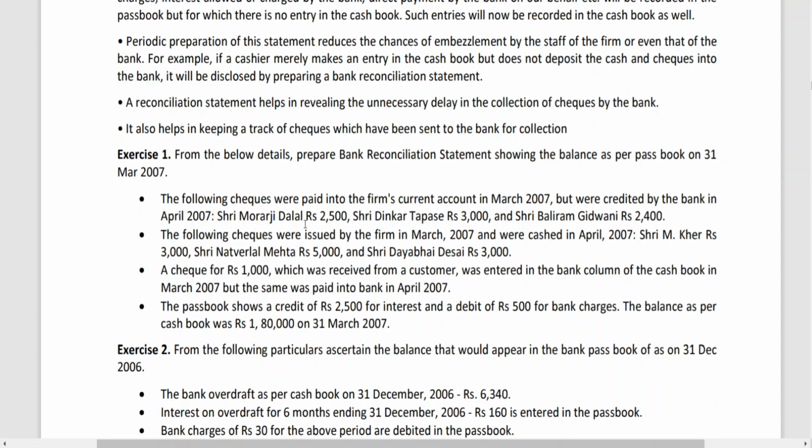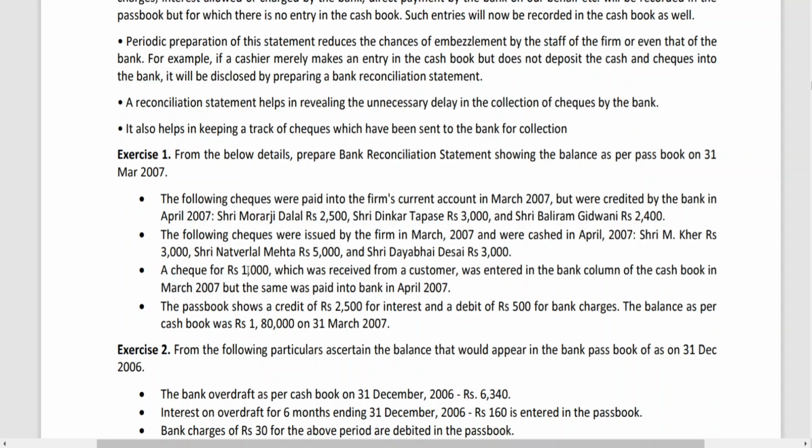These are what we call causes. And we have also been provided with one book balance. These causes were obtained after comparing the cash book and passbook. Try to understand: generally, if you want to do BRS, they won't give you the causes. You need to ascertain them. Here the causes are given as an input to find out the other book balance. It means 50% of the work has been done by somebody who has verified it.